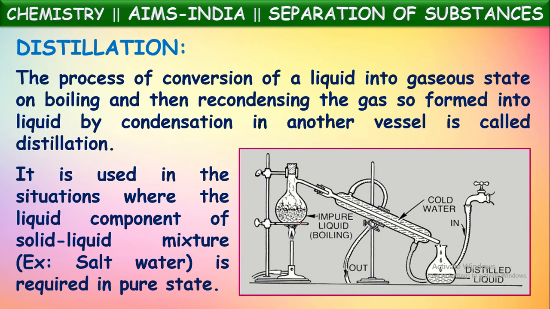Now what happens after continuously doing like this? Complete water present in this mixture will be converted into gaseous form and will be collected here after condensation. Here it will remain as completely solid substance. So pure water liquid will be collected here. Okay, this liquid collected here is called distilled liquid. It will be in the purest form. If it is a salt water mixture, then here distilled water will be collected and the salt will remain in this. This technique is called distillation.